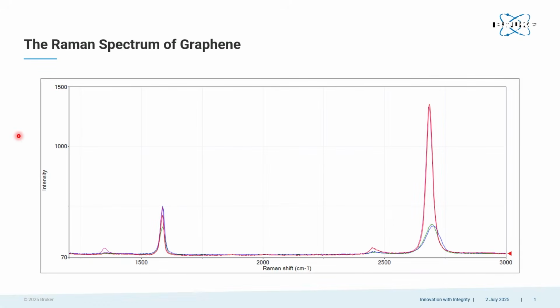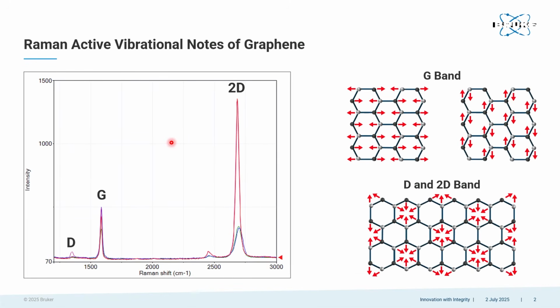What we see here now are our extracted spectra, and they display what you will generally see in all graphitic materials, namely the D, G, and 2D band. Here in this high quality graphene sample, the G and 2D band are very prominent, and only for certain areas could we extract a very small D band. To explain these peaks, we have to look at the different vibrational patterns of graphene.